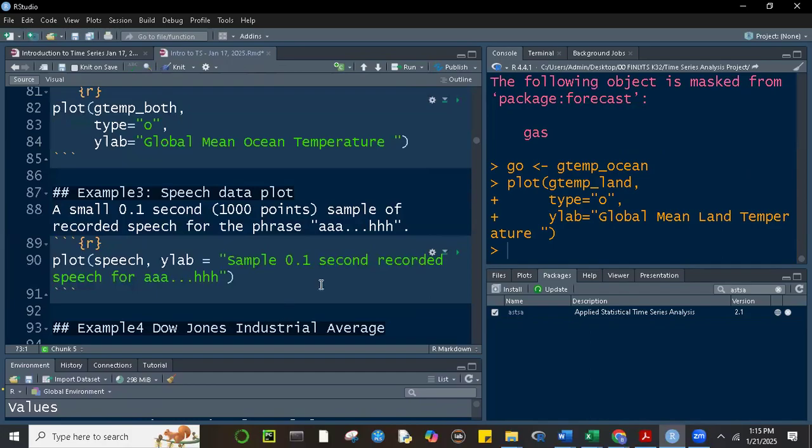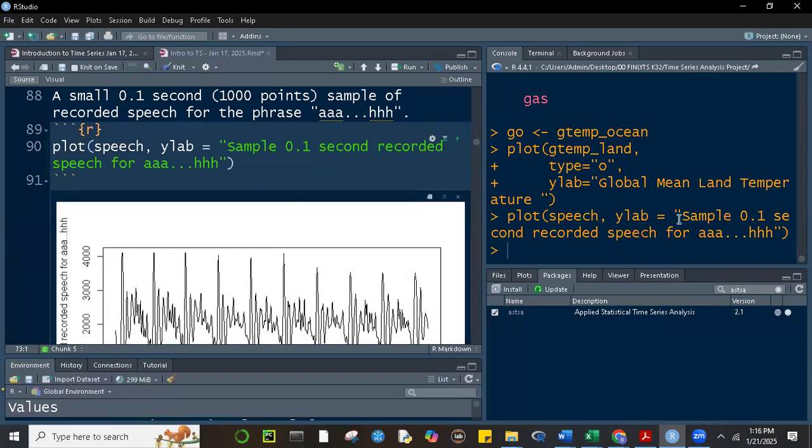Another example, class, of time series data. This time, it's a 0.1 second interval, so there are 100 observations here. It's just recording the phrase "aha," okay? Aha, aha, aha, repeated at a 0.1 second interval. So if we plot this, plot,